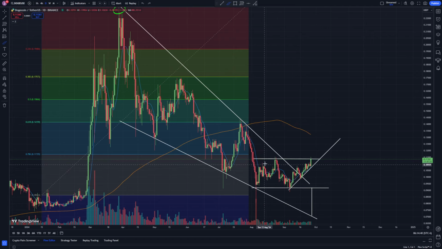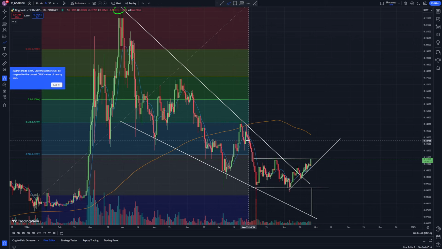But I think the next thing that I'm really looking for is for us to break this trend line right here. If we could break out of that, then maybe we could come up to 141. And the other thing is it's actually like kind of